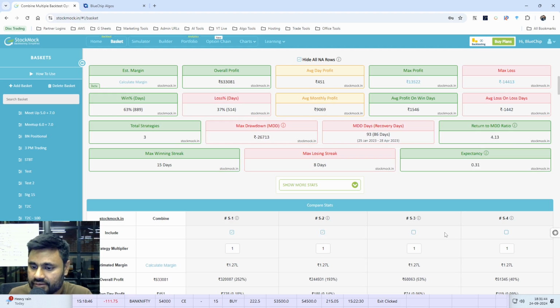But if you add this, you can see that from 0.17 it almost doubled to 0.33. Expectancy is the key, it's like the heart. And this also went from 2 point something to 4.17. Of course, this is a sell. If you add these things, you need extra margins and all that, but the point I'm trying to make here